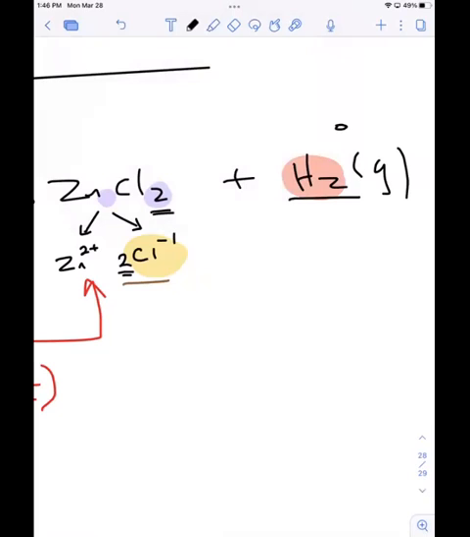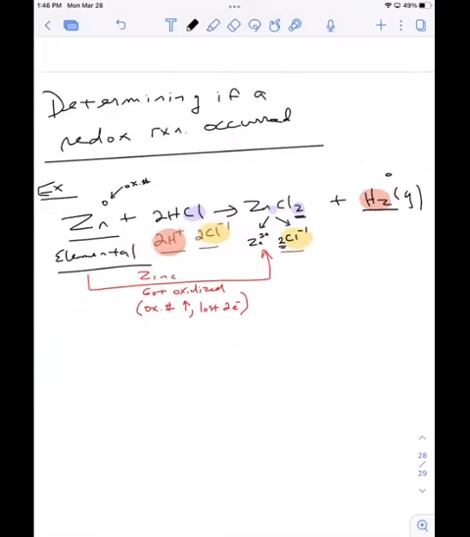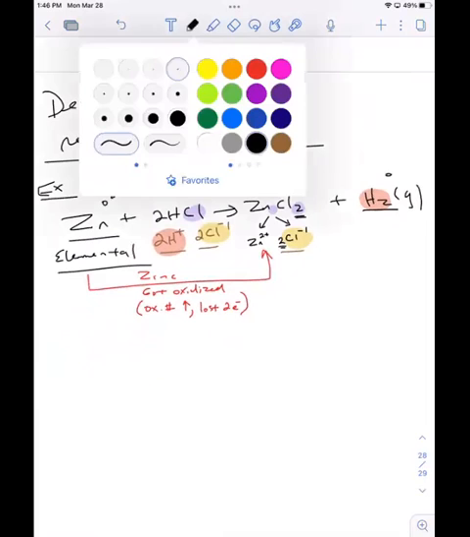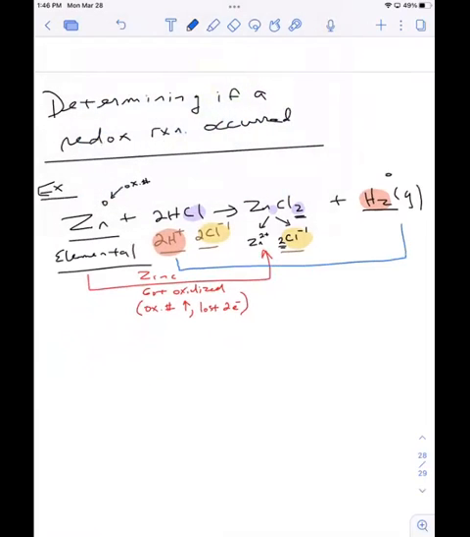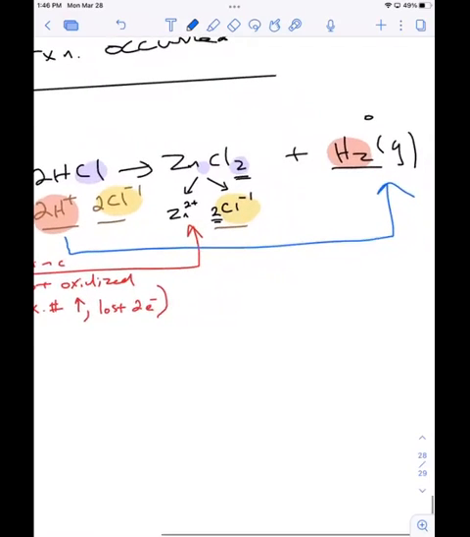Is that making sense at all? Yes, sir. All right. So now what happened to hydrogen? It went from +1 to what? 0. Yes. So this went from +1 on the reactant side to 0 in the product. Did it get reduced or oxidized? This is by default. If zinc got oxidized, then whatever the other process, the reduction part, the other atom, whether it would have been chlorine or hydrogen, had to be reduced. So the hydrogen,